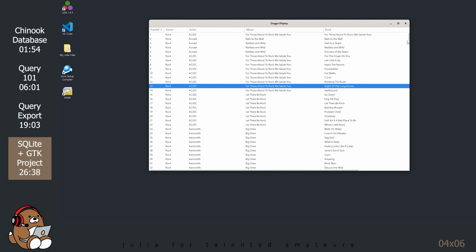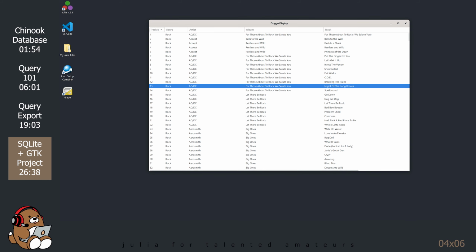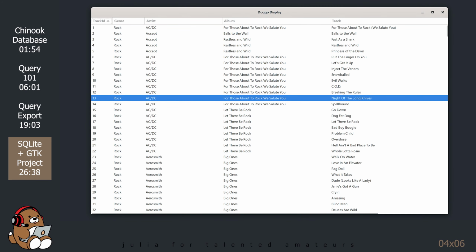This demonstration is using query data pulled from a SQLite database and loaded into a GTK GUI without needing to export or import any external files. Of course, you can use this display with data from any source as long as you can load that data into a Julia array. But it's nice to know that you can plug in directly into a database without having to worry about exporting or importing external files.